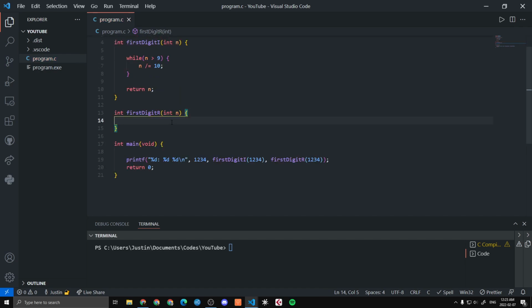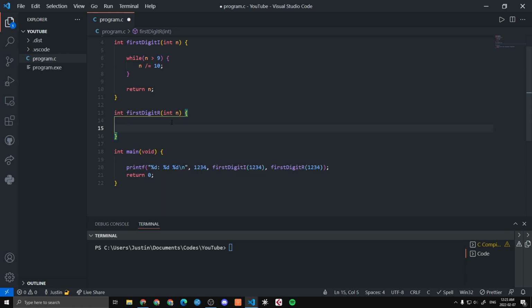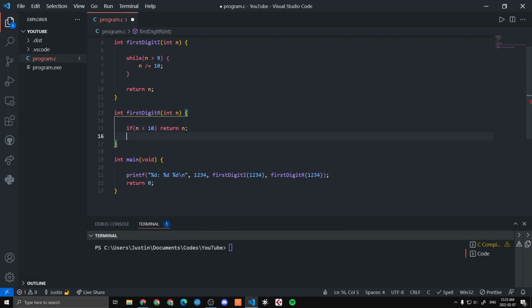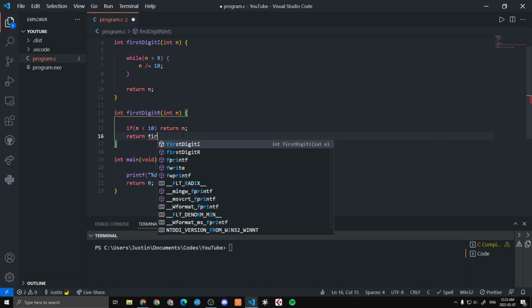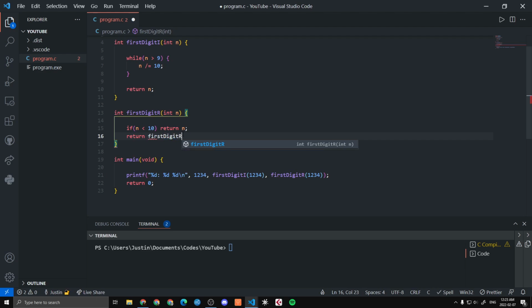For recursive, it's going to work a little bit differently. We need a base case for a recursive algorithm. If it matches the condition of the base case, it's going to return some constant value. So if n is less than 10, then we're just going to return n. Otherwise, this is the recursive step, we're going to return the first digit r of n